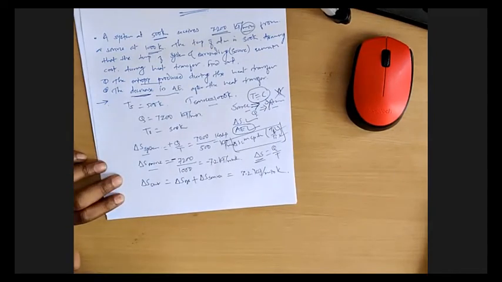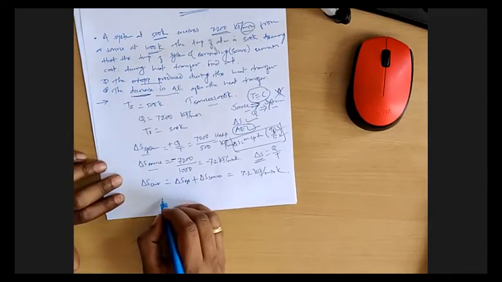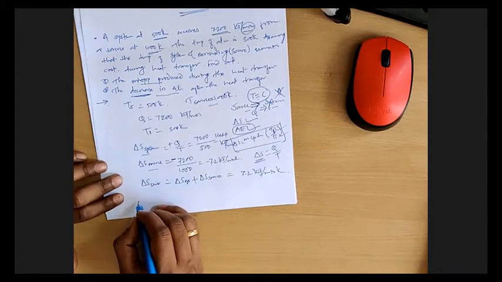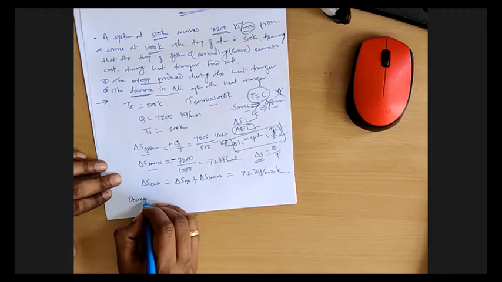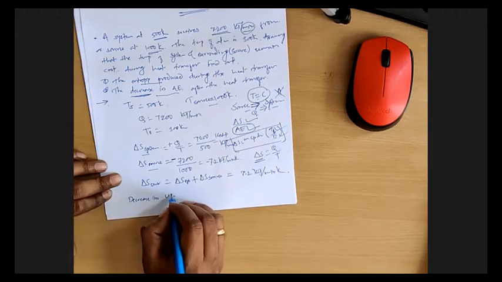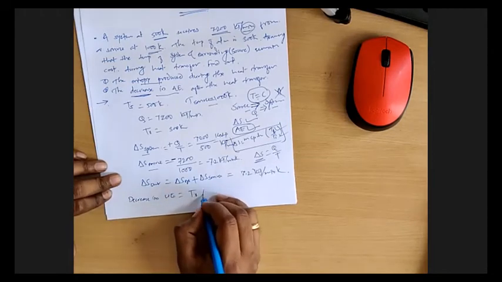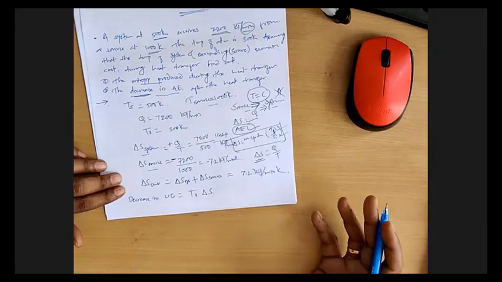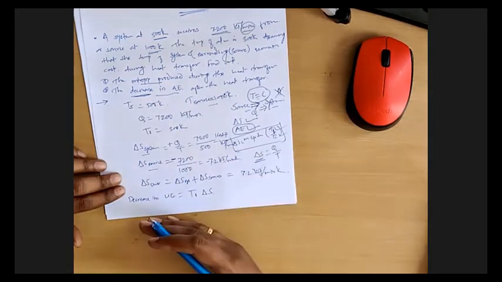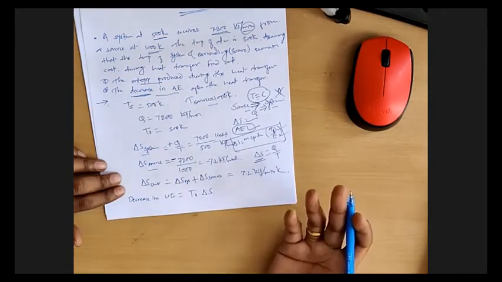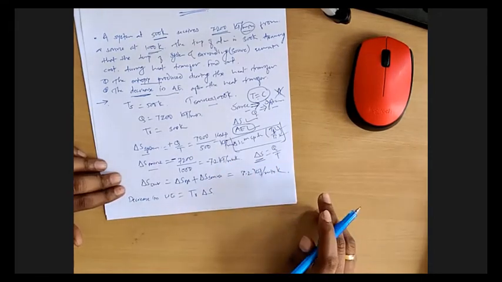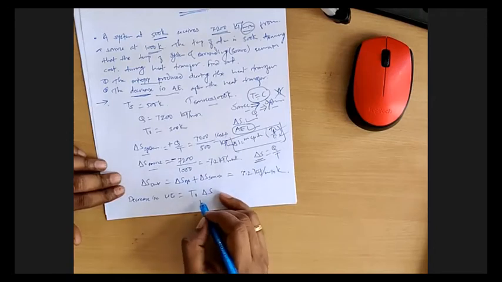So that decrease in available energy is equal to T0 into delta S. Decrease in available energy in the sense available energy before process begins and available energy at the end of the process. Difference between those two is the decrease in available energy, and that can be calculated from this product